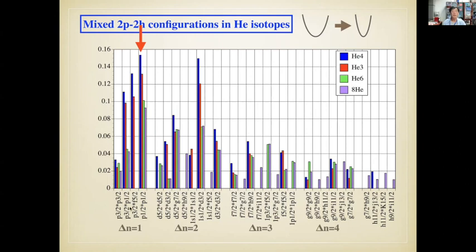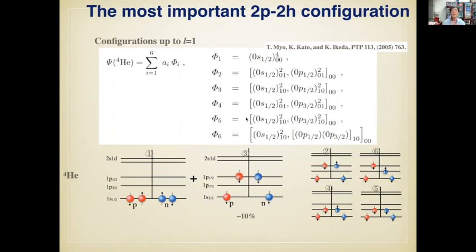You have those mixings, but this is just filling. So essentially, Myo, Kato, and Ikeda made a model where they put the wave function of helium-4 as the ground state configuration plus 2-particle excitation. So they essentially made all mixing to very high excited levels, but